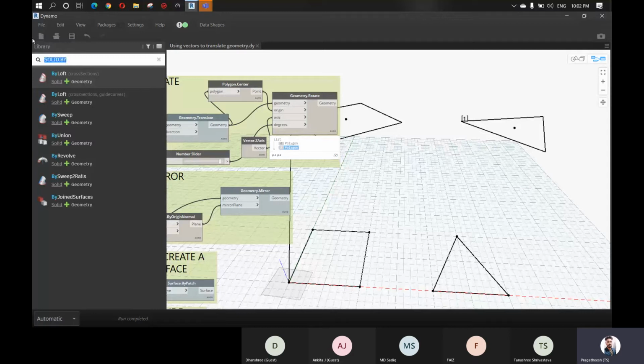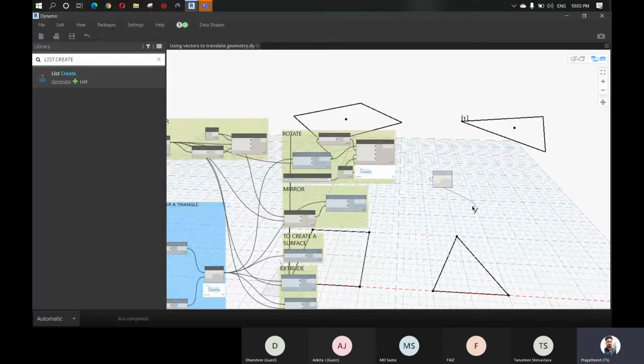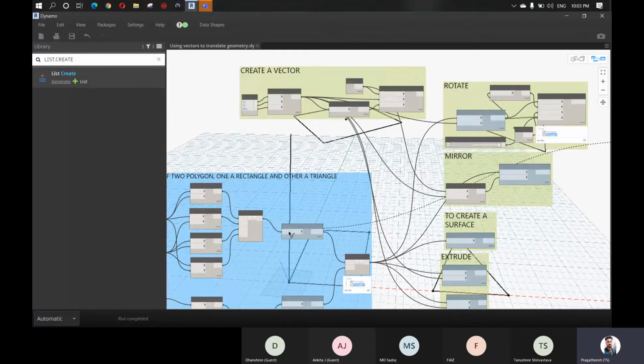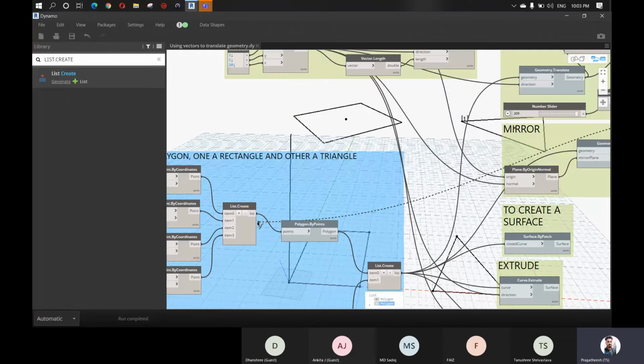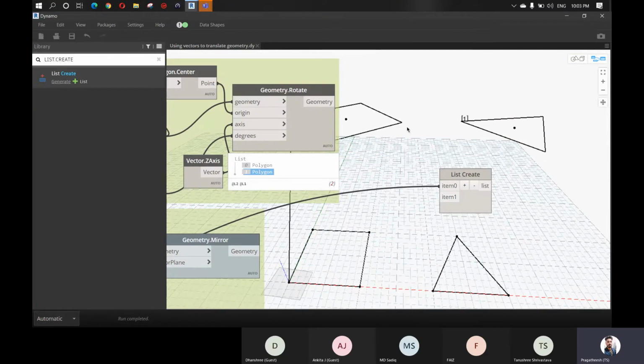List dot create. So my first item in the list should be the bottom square, which is this polygon. And the second item should be the top square, which is inside this geometry.vertex. But you can see we have two polygons here. So we have to extract one polygon from here.